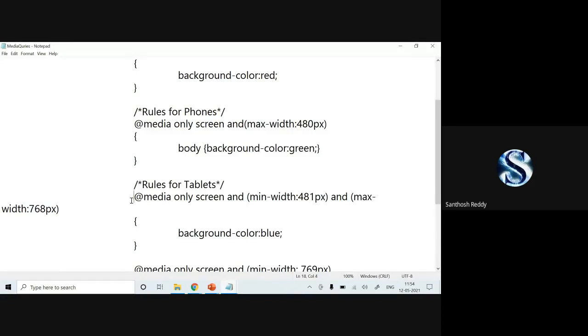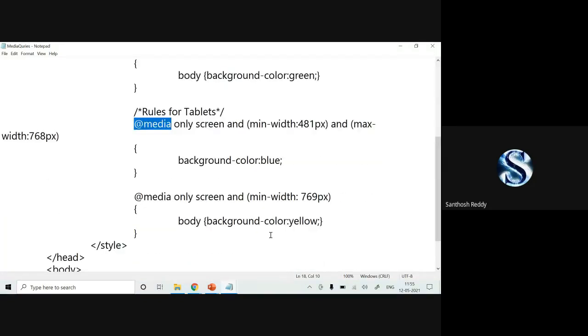The same thing I have specified with @media. Whenever you want to apply any CSS properties, you have to make use of @media. Only screen, and if minimum width is 481 pixels and maximum width is 768 pixels, then your background color should be blue.